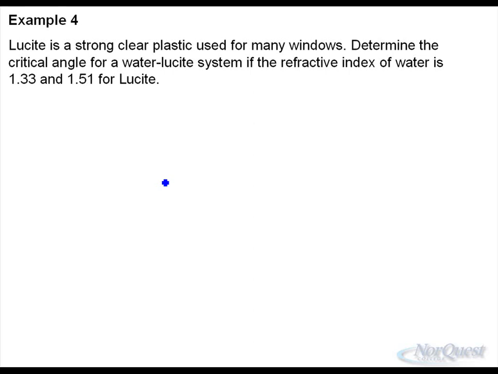Alright, our last example is one of those critical angle types, and it requires a little bit of thinking before you just jump into the problem. This one says, lucite is a strong, clear plastic used for many windows. Determine the critical angle for a water lucite system if the refractive index of water is 1.33 and 1.51 for lucite. Remember, when you're calculating critical angles, and this is always the case, for a critical angle, you have to